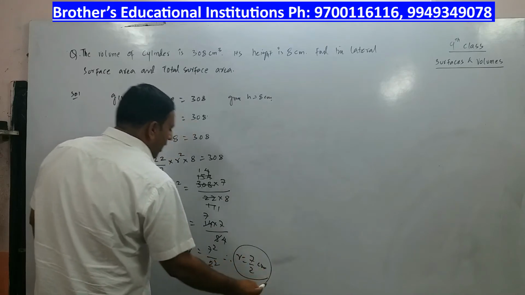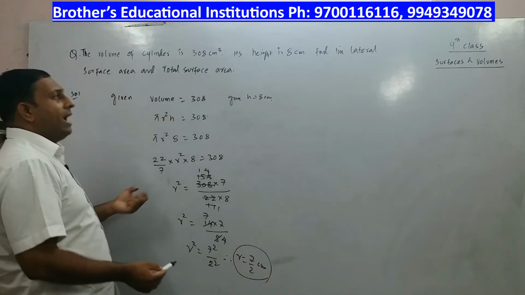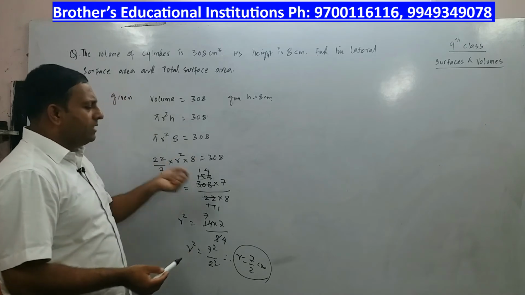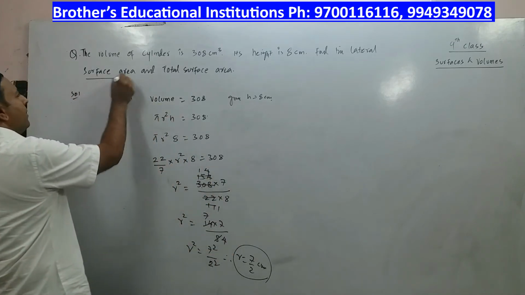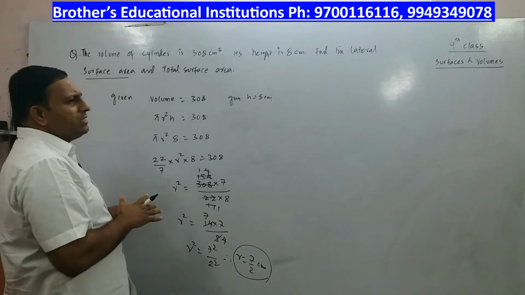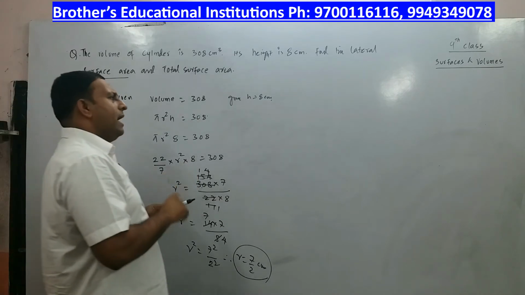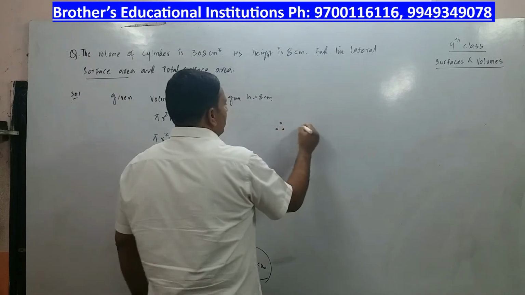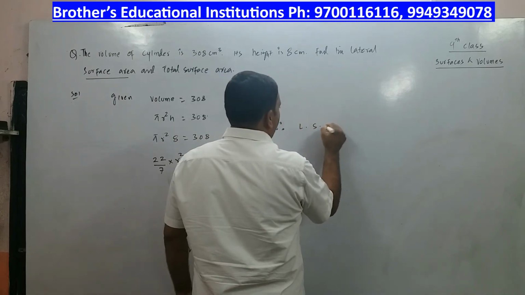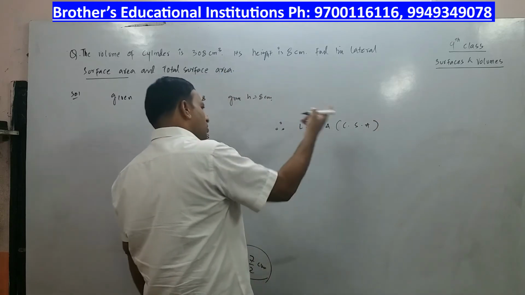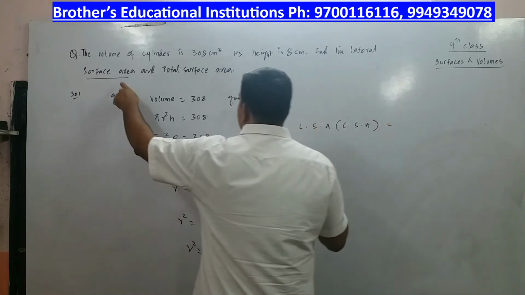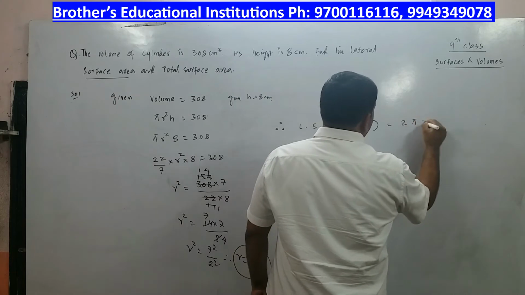So with the given data, we could find the radius. Now we have the complete picture. We have the height and we have the radius. We need to recollect the formula. Whenever it mentions surface area, it means curved surface area or lateral surface area. So the lateral surface area, or in brackets curved surface area, for a cylinder is also called lateral surface area, and is given by the formula 2 pi rh.